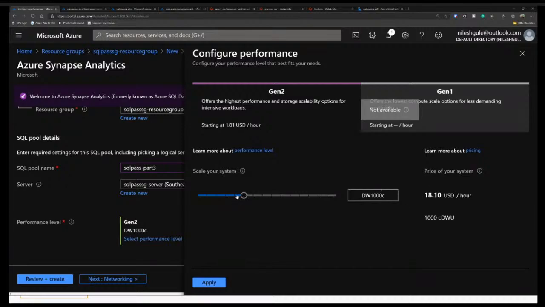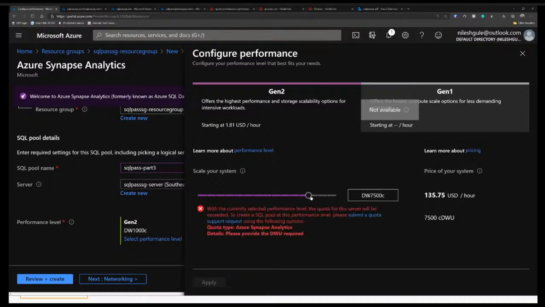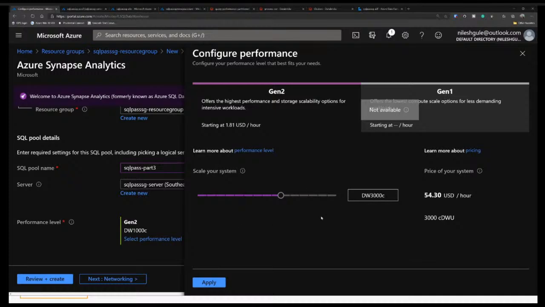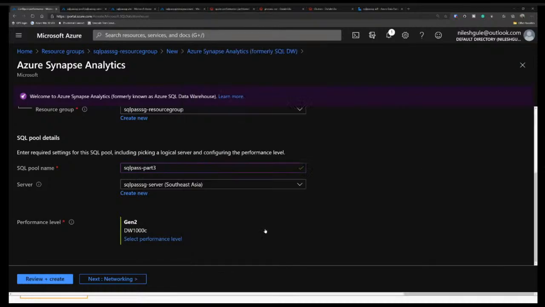The smallest unit here is 100 data warehouse units, DW100, which is charged about 2 USD per hour. As we go up, we are charged based on the number of units that we select. Let's say I select 200 here and apply.